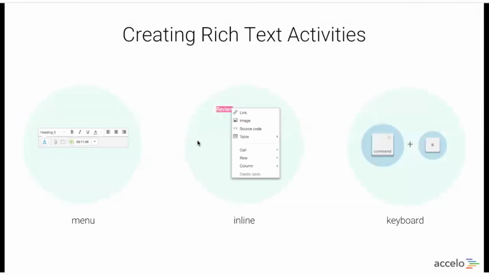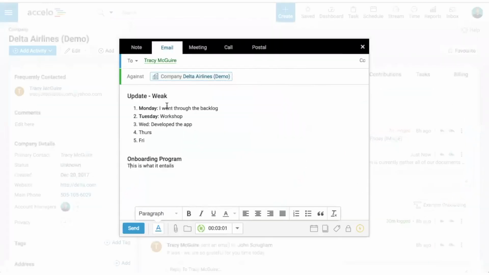The next, a bit more advanced step is using the inline edit to start creating things like tables and start pulling in images into your, in this case, email, but it could just as easily be an internal note to the team. So what you'll do here to get this inline menu is you can either right-click, or if you're using a trackpad, most trackpads allow you to do a 2-finger touch to get to this. So if you had an onboarding program and potentially you wanted to let them know past case studies and share a link with them,